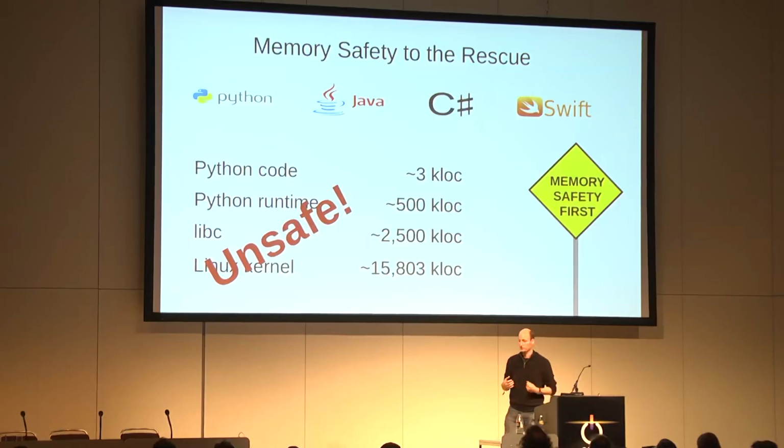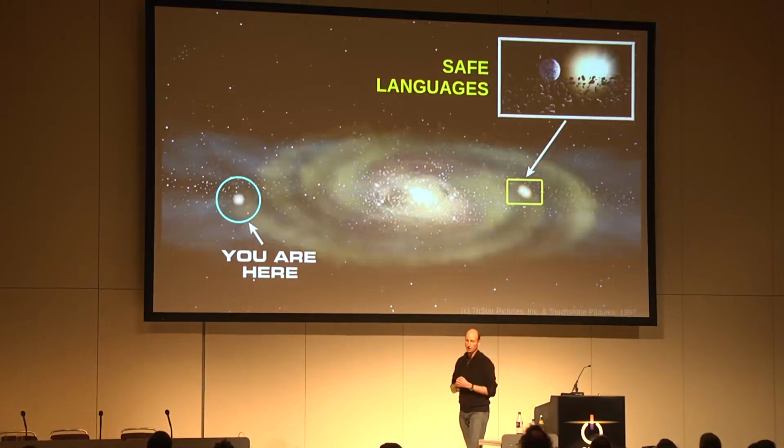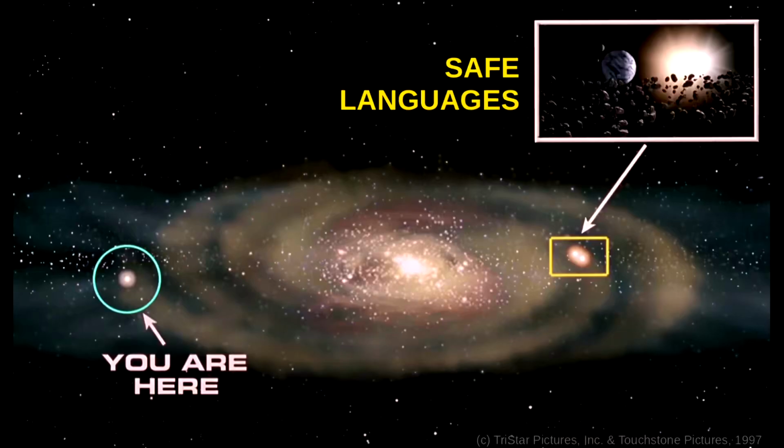So if you look at the current state of defense mechanisms, a lot of the code that runs on the system, even if you program in a safe language, is actually unsafe. And only a small, tiny little subset is written in safe code, if at all. So if we compare how close we are to safe languages, we are way off. And there's a huge way to go. And we need to get much better. So you might say, OK, fair enough. We cannot rewrite everything in a safe language.